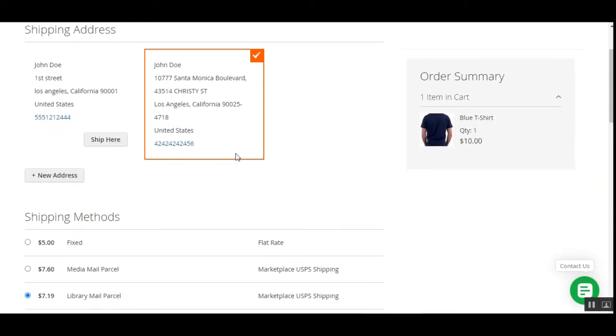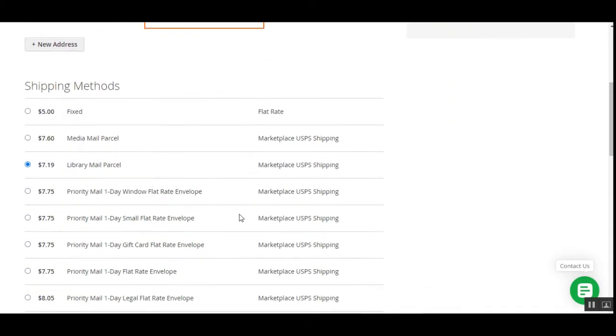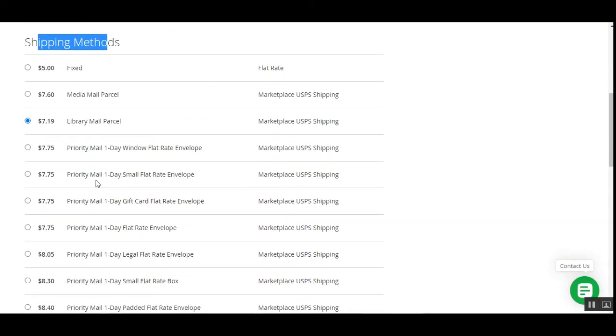I've chosen my address here, that's California, and at the checkout time as well the customers can find the shipping methods here. So the fixed one is the other one, and these are basically being displayed here under the marketplace USPS shipping. So here we have chosen the library mail. We can also alter it as per our own requirement. Let's go for the